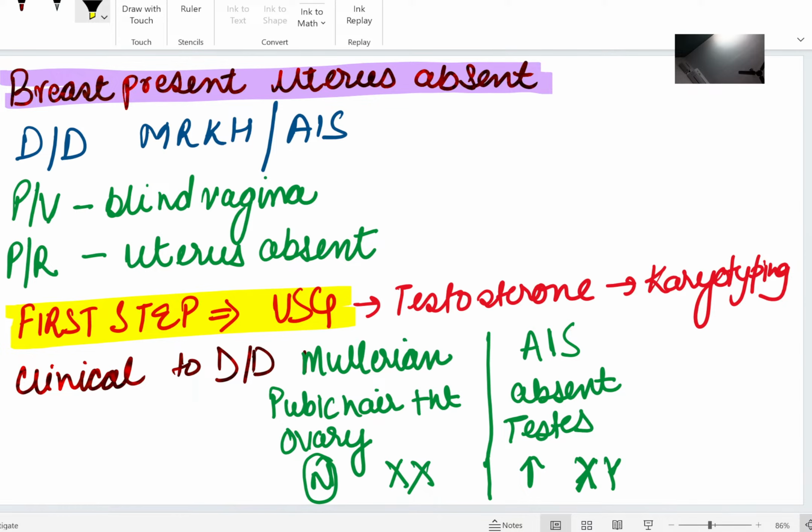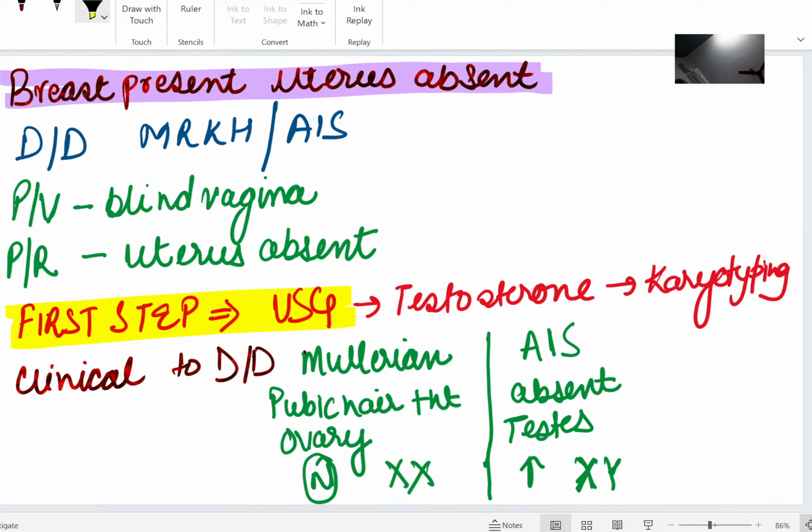If the breast is present and the uterus is absent, then what is the differential diagnosis? Come on everybody, either it is MRKH or it is